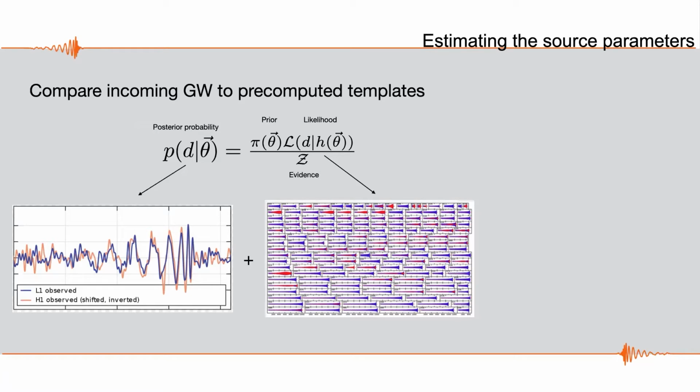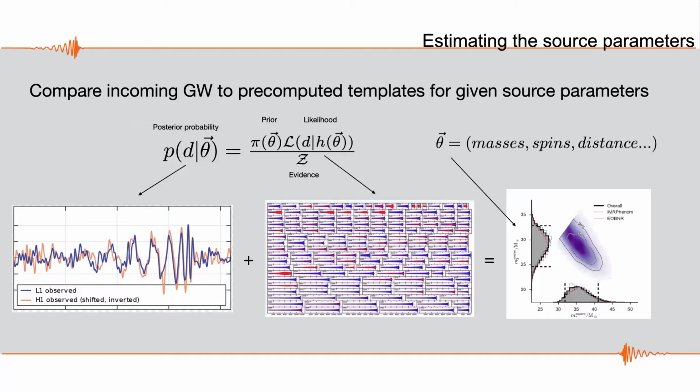The way we try to guess which of these models represents best, or what family of these models are consistent with this signal, is given by the following ingredients or formula, which I will try to describe in an intuitive way. On the one side you have the likelihood. Note that here is the only place where the data comes in. So this term is basically telling you how similar the data is to your model. Then you have your priors, which is your prior belief on the existence of these parameters in nature. And that's it. You multiply those two numbers, and then you get a posterior probability for the source parameters.